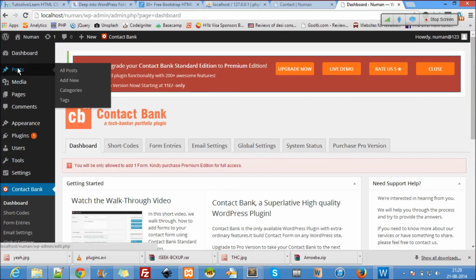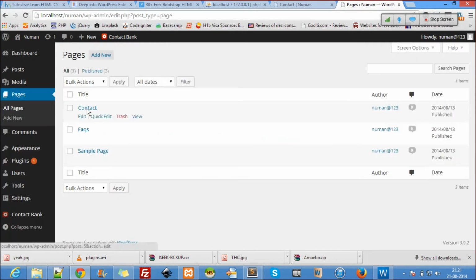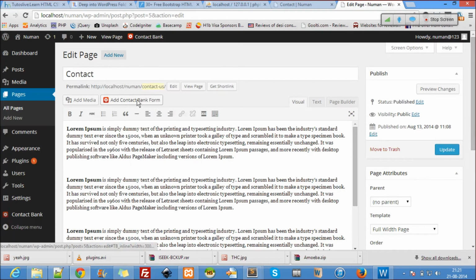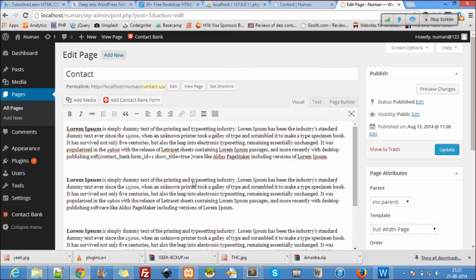So we have to go to the pages, all pages, and edit. You can see here. Okay, add contact us, show form title, insert form. So it has been inserted here. You can see it here.